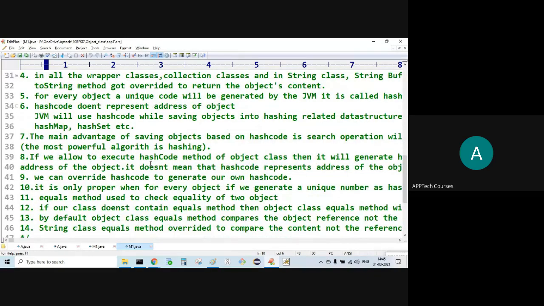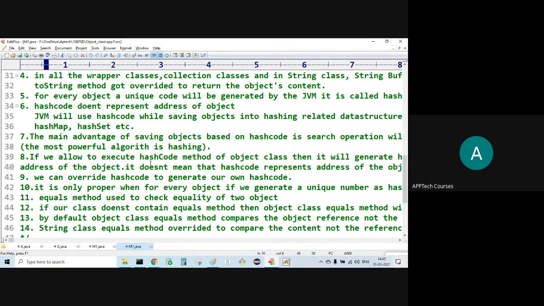For all the classes, whichever methods are commonly required are declared in the object class.